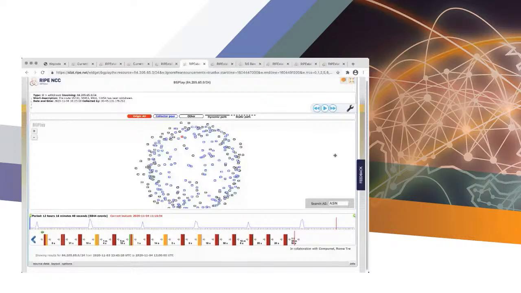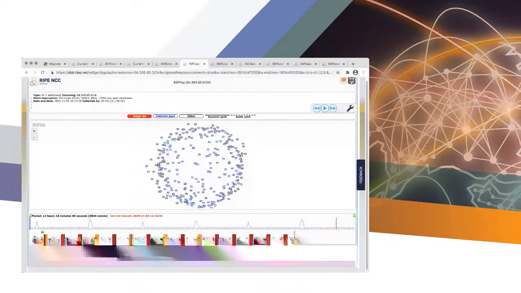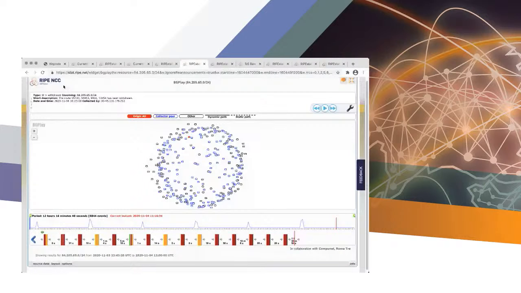But before we see the results of this test, a couple of words on the widget itself. Just like other widgets, it's more comfortable to work with it in a dedicated screen, one widget per page, and that's why we have this little button that can maximize and minimize the widget. And also, the widget itself has the information screen